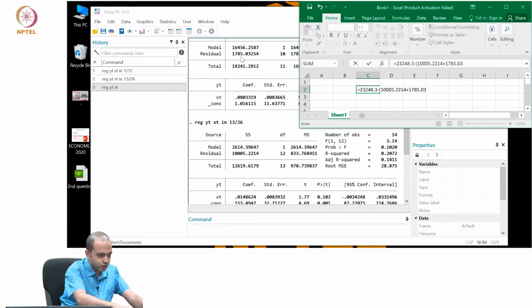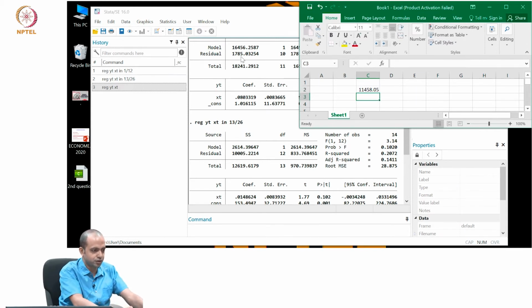This is your RSSR minus RSSUR, and this you have to divide by RSSUR,